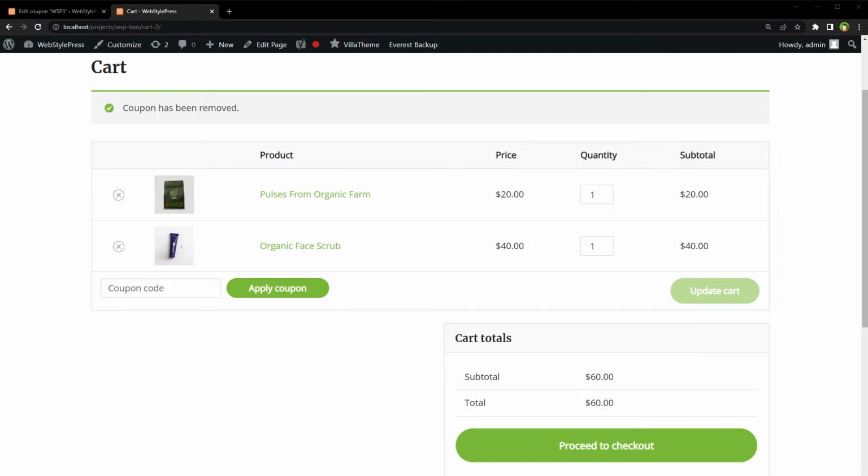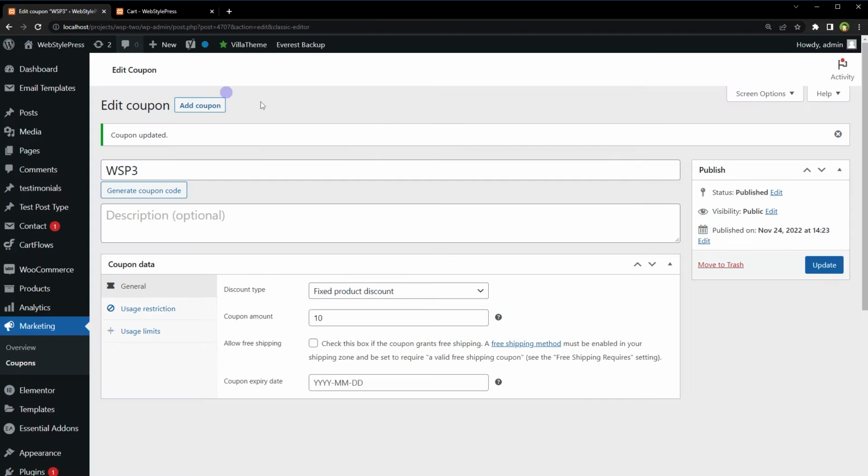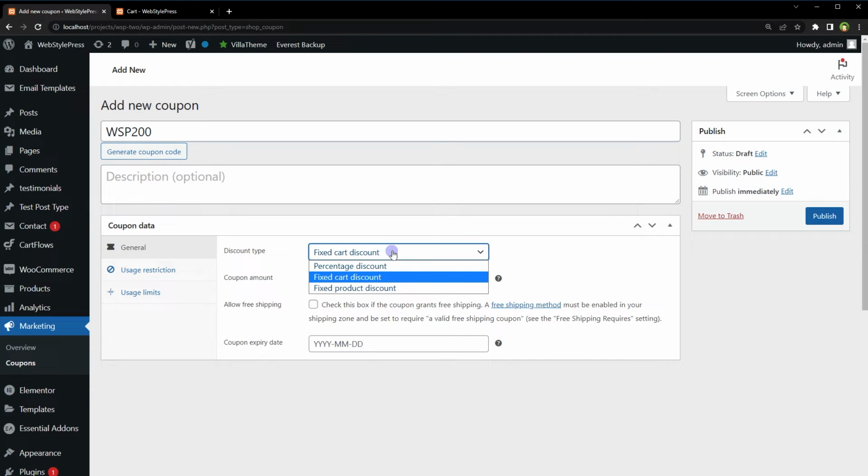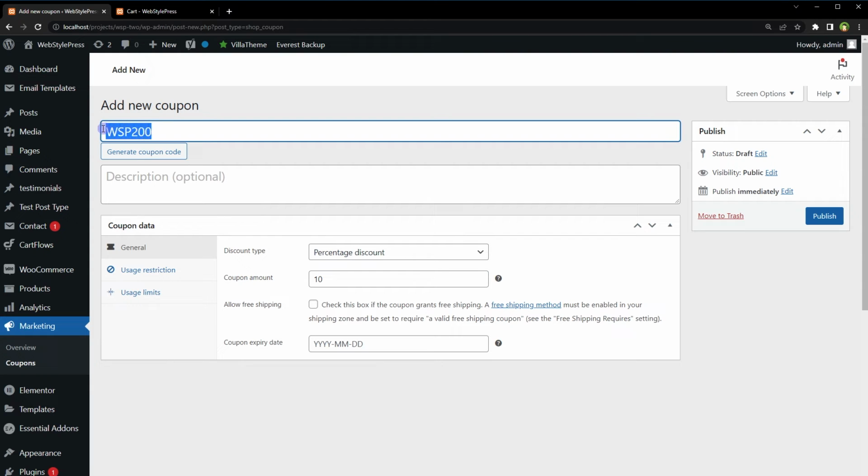To do that, go back to the coupon page. I will add another coupon. Type the coupon code name. Select discount type. I will select percentage discount. Enter the amount in percentage. I will type 10. It means if the customer uses this coupon code, 10% will be reduced from the bill amount.